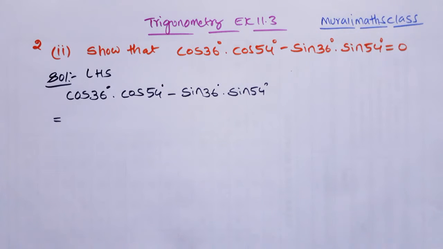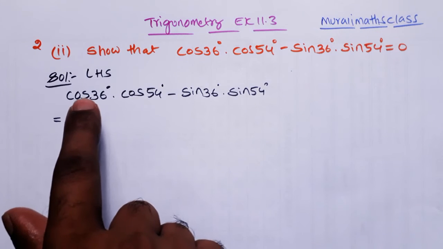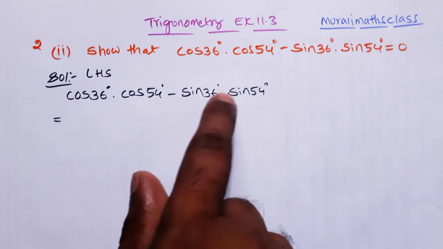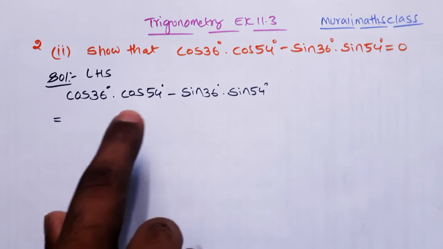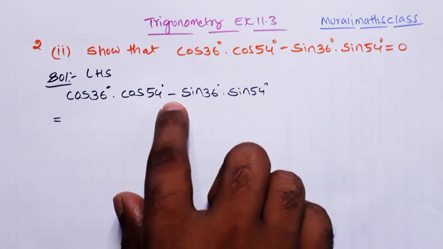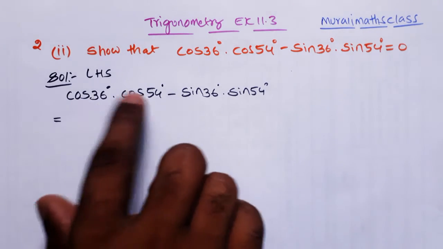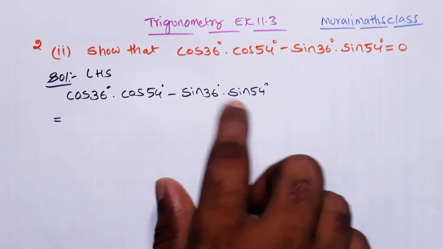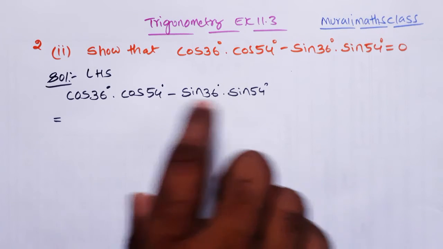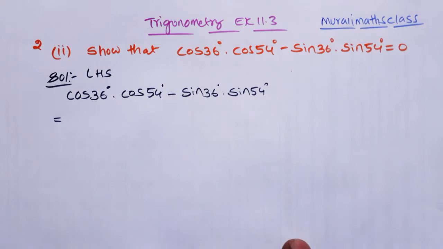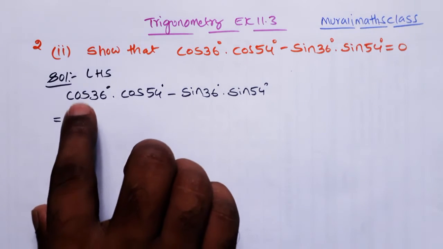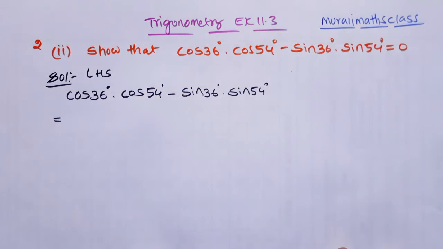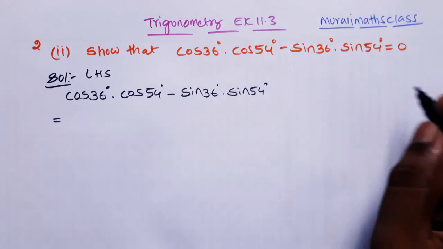First, we need to convert both cos terms in terms of sine, so that we can subtract. Subtraction symbol is there, so we can subtract. Otherwise, you convert the sine in terms of cos. Here we have cos, so both we can subtract. Let us convert both in terms of sine. For that, we write the formula here, beside this.